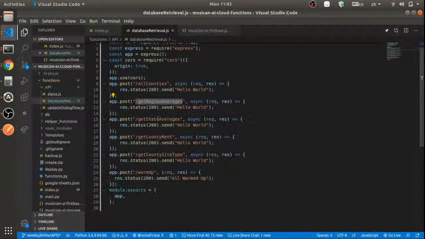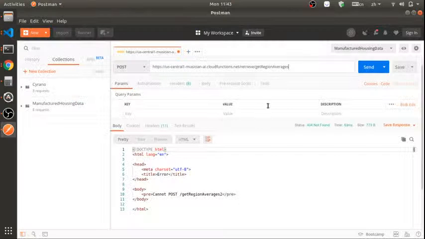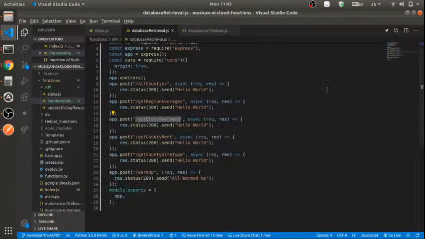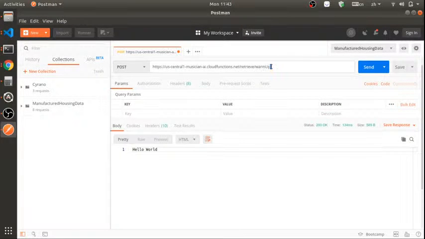So for all of these endpoints we've defined, right now they all do the exact same thing of returning hello world, except I believe the warm-up app. I think warm-up actually does something else. So let's send warm-up off to show you that it is actually hitting these different endpoints, all warmed up. So we are sending a request, which is just the URL, nothing in the body,